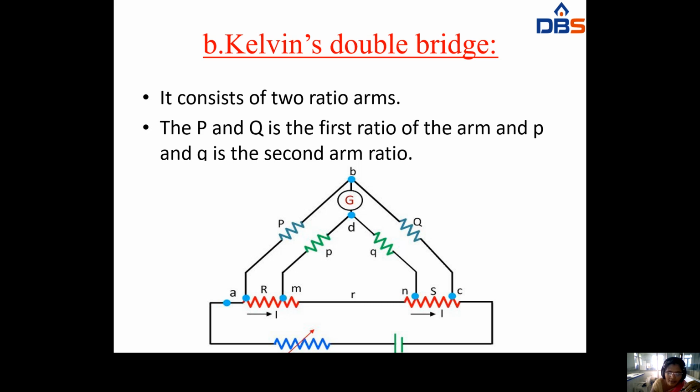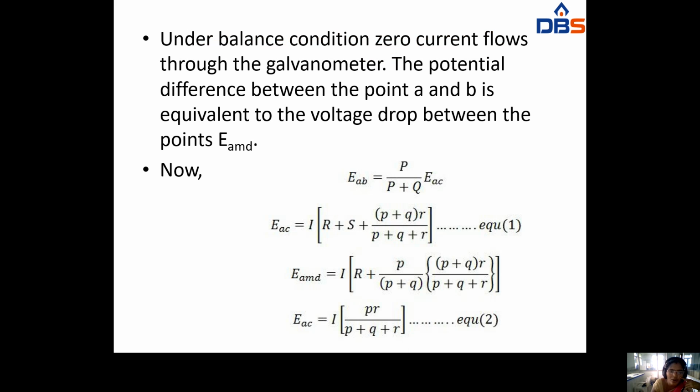Here also you have to connect the P in between points A and B. Similarly, in between points A and C you have to give the supply value, and here R is the unknown resistance which is to be found out and S is the standard resistance value. So under balanced condition,